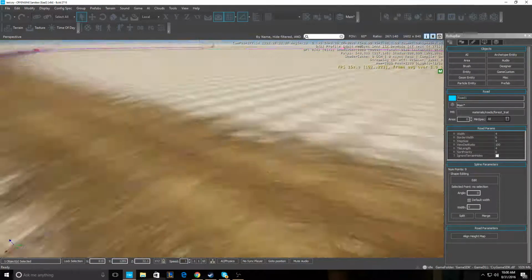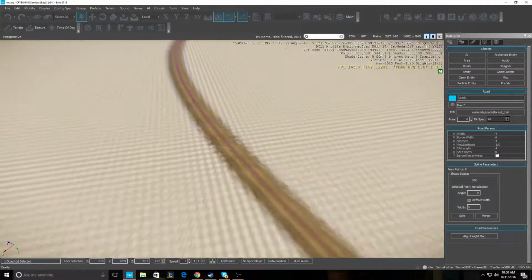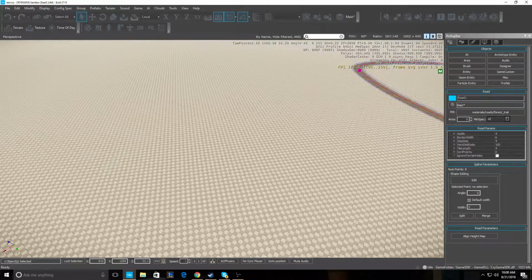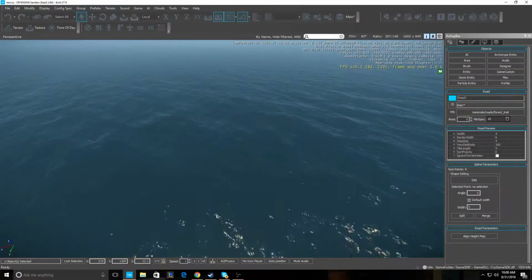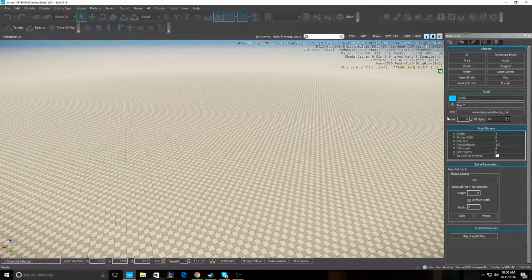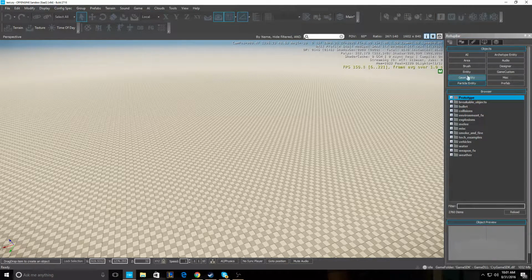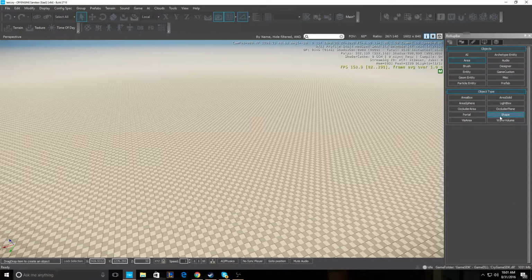Okay, so that's for roads. Now we're going to focus on water volumes. And I'll show you here in a second. Alright, so for water volumes, we don't go there. It's area. And you're going to select water volume, but first we're going to actually have to sculpt the land to make like a lake type